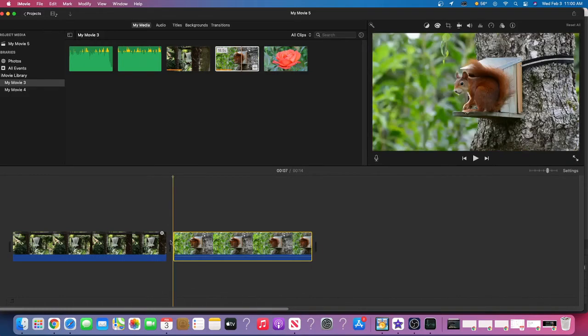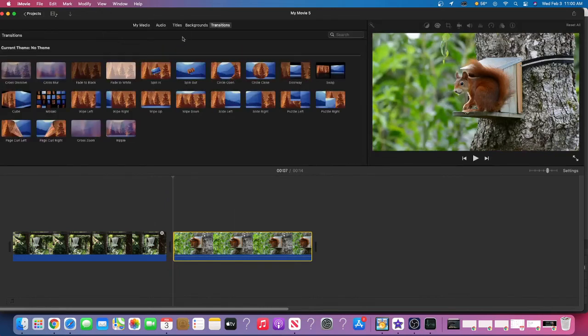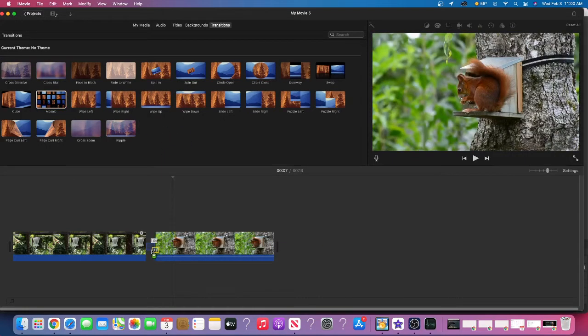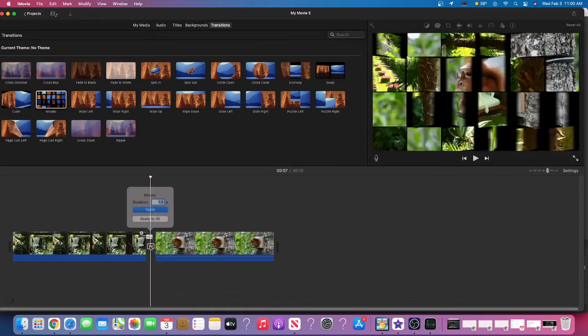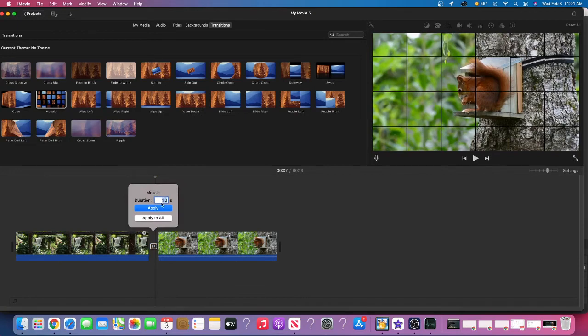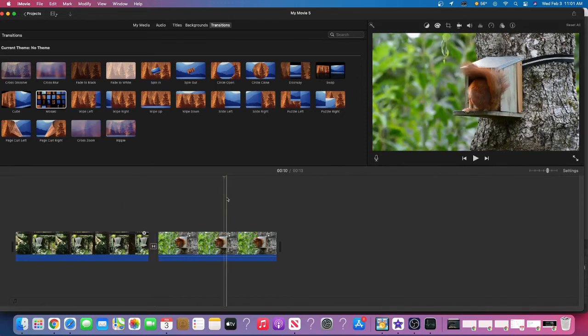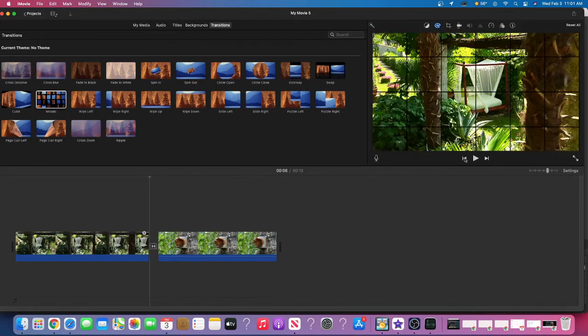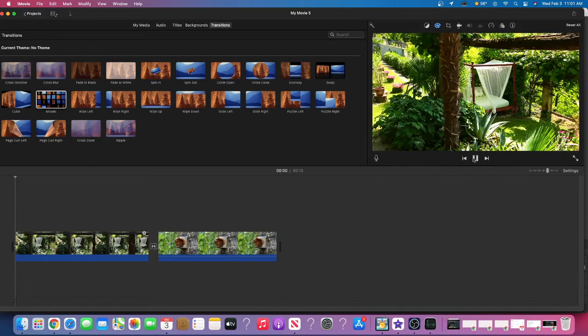Okay, and so here we can see there's a break. So I can actually go to transitions and we can do Mosaic, drag and drop. So here you can change the length of the time, hitting apply. Applying to all will do all transitions for that duration of time. So if we go back, hit play,